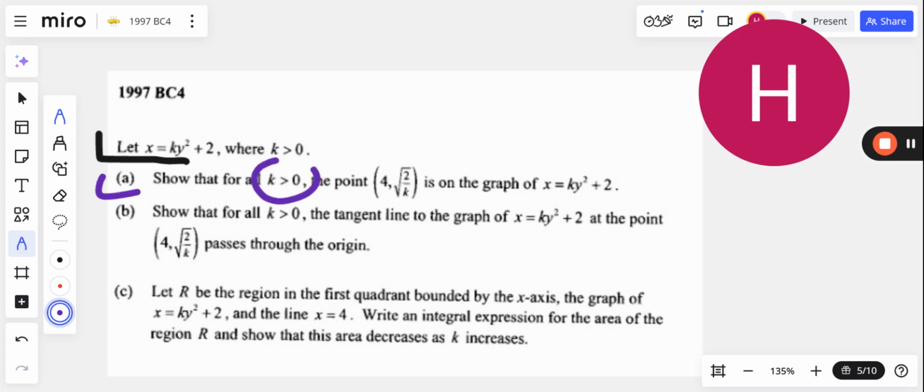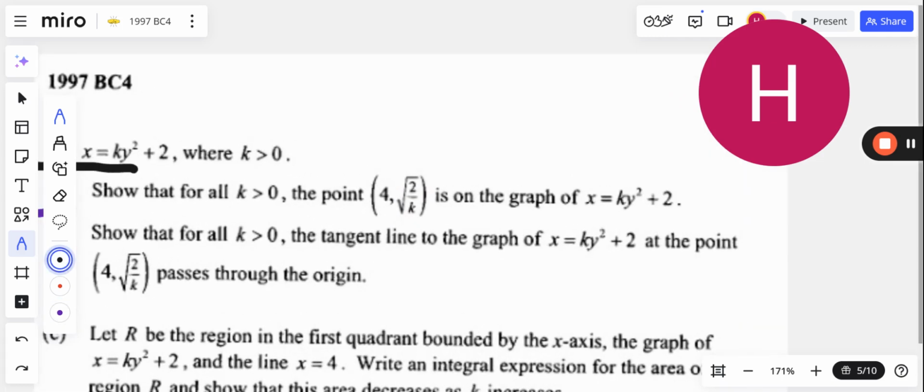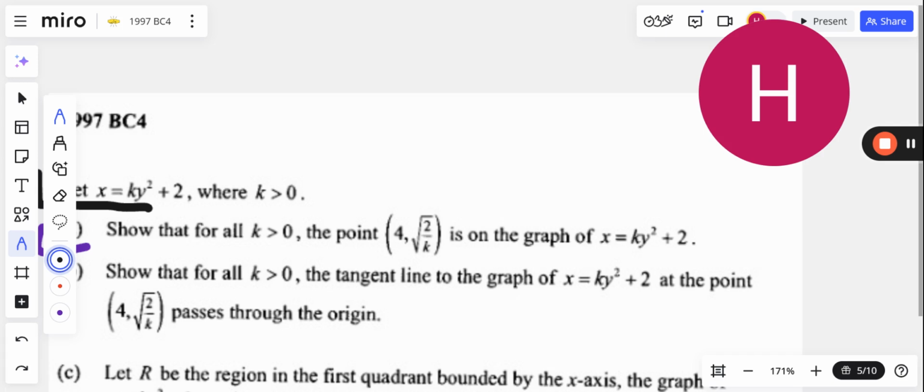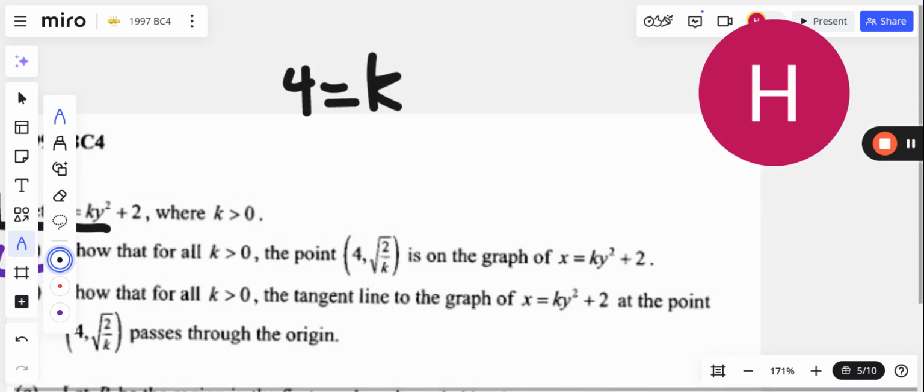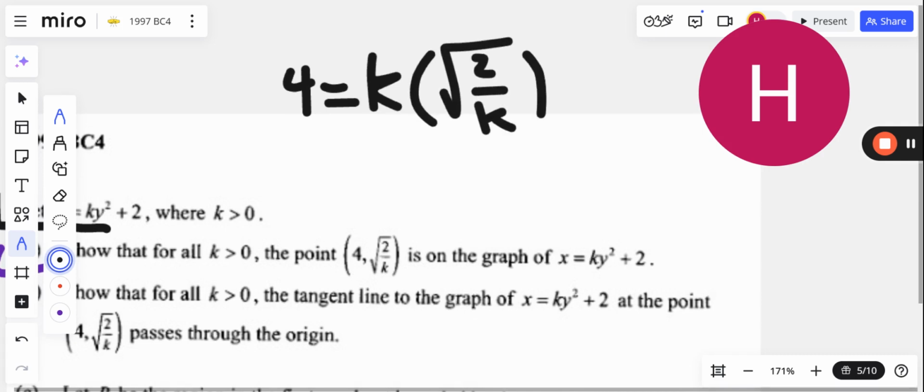It's saying as long as k is greater than 0, because we need the k to be positive. Otherwise, you can't do the square root. So all we have to do is plug this in and make sure it works. So we have to make sure that 4 equals k times the square root of 2 over k, squared, plus 2. Well, the square root of 2 over k,